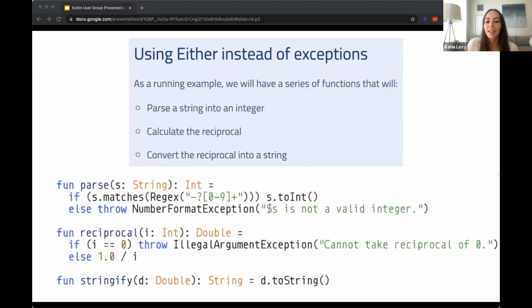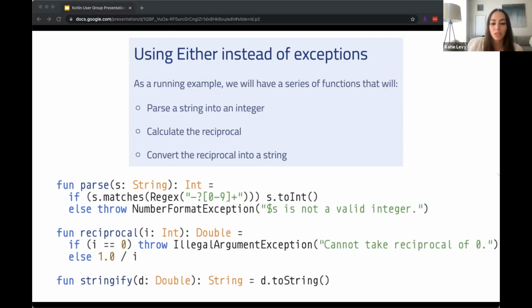With functional programming, exceptions are not great. They sort of add side effects to your program and the program's flow. So we prefer to use typed errors like the Either type and have that represent our error cases in a more functional programming manner. Here we can walk through some examples of how we might use the Either type rather than throwing an exception. We have here a function that parses a string into an int, calculates a reciprocal, and then converts it to a string. So you can see that there are some error cases that we want to handle, and normally